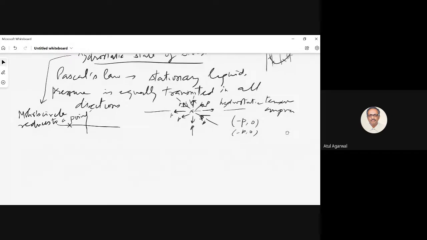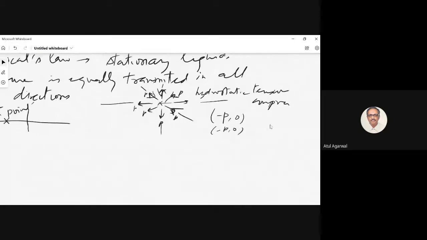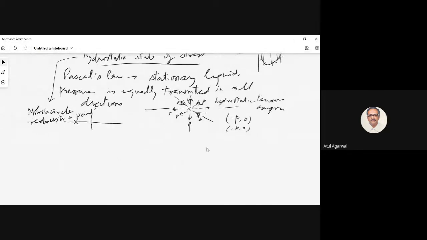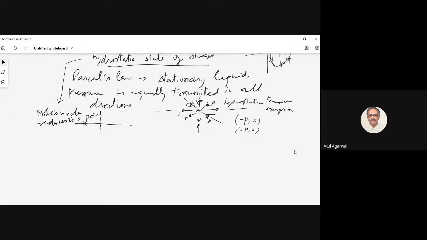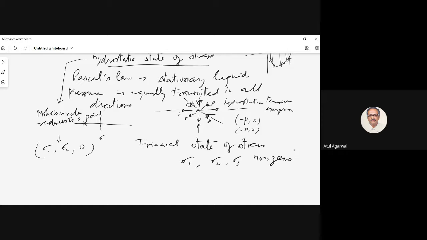So I covered pure shear, I covered uniaxial stress, and I covered the situation of general plane stress. At times you have a triaxial state of stress. In that case, you have all three principal stresses non-zero. In plane state of stress, you saw only two principal stresses; the third was zero, because plane state of stress means sigma z is zero. Here you have three principal stresses.